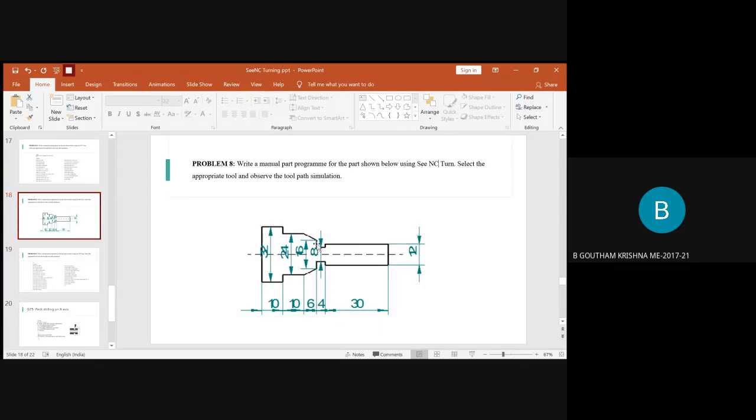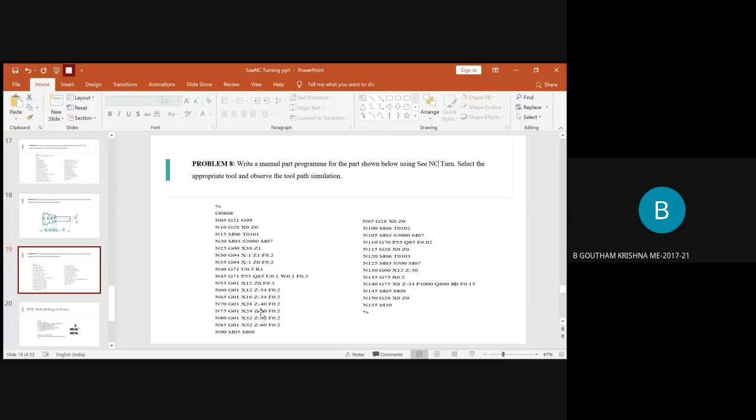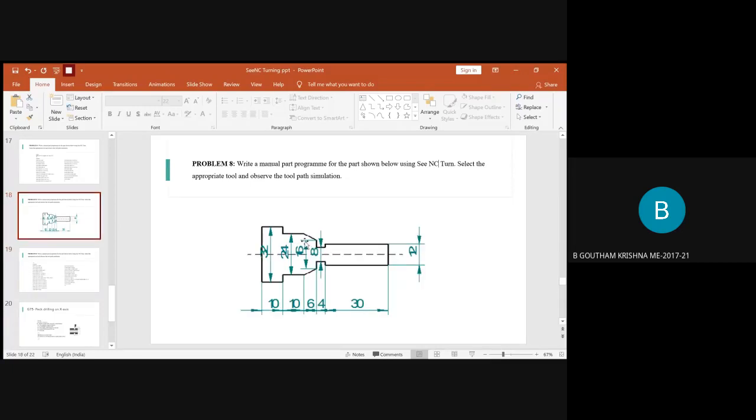16 is over. We are here now. Then we have to go to reach the next diameter of the block, 24. So now the X value will be 24. Since it is linear interpolation, you will type G01, provide the value of X equal to 24, and Z was minus 34 before. So now minus 34 and minus 6, so totally it will be minus 40. If you go back to your program here, the value of X will be 24 and Z will be minus 40. Again, you will assign a feed value of 0.2. So now our tool is at 24, right?